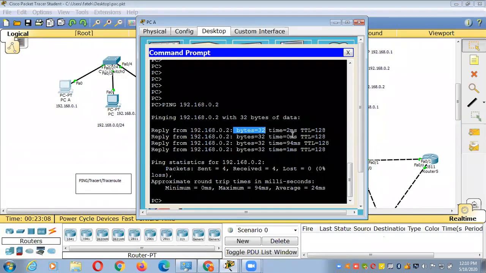Bytes equal to 32. See, when you want to check the logical connectivity, you are also sending data here. The data which you are sending from the first computer to the second computer, the size of the data is 32 bytes.